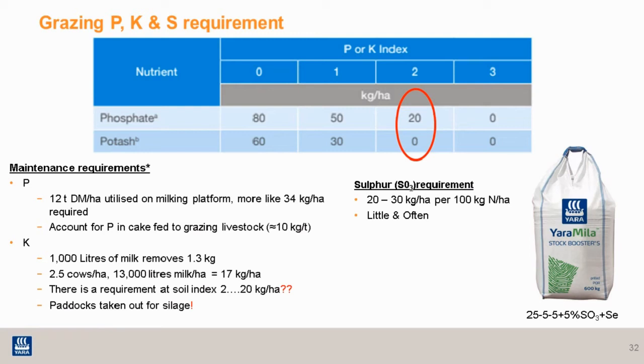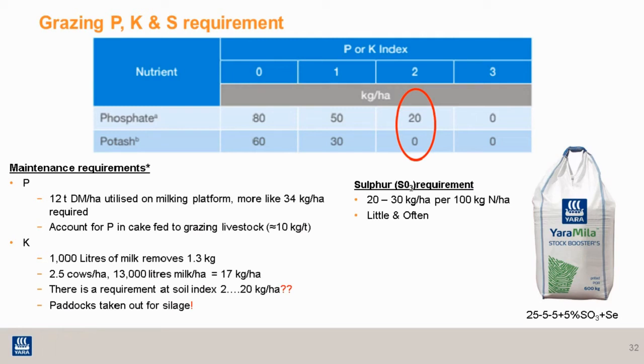So we can allow for that then, because basically the excreta has been enriched with more phosphate. Then we can multiply that up by our stocking rate and our stocking area, and we can possibly reduce the amount of phosphate we need to top up by way of applications of slurry or mineral fertilizer, mineral P. And for that matter, K, there's no requirement for K, but in intensive systems, again, if you think that